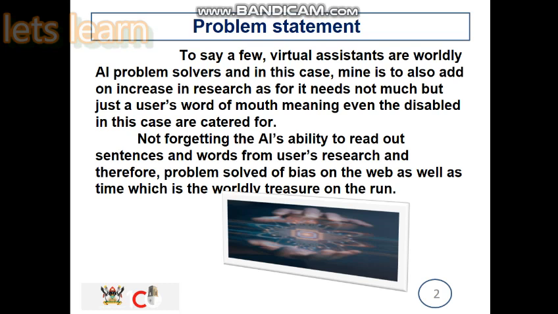By using this virtual assistant, it can do the typing for you and research for you according to what you're asking for, relating to whatever your request. So, not forgetting the AI's ability to read out sentences and the words from the user's research. Therefore, the problem of bias on the web as well as time, which is the worldly treasure, on the run.